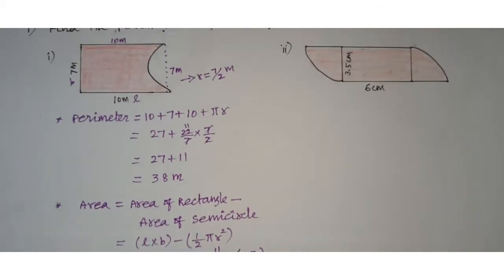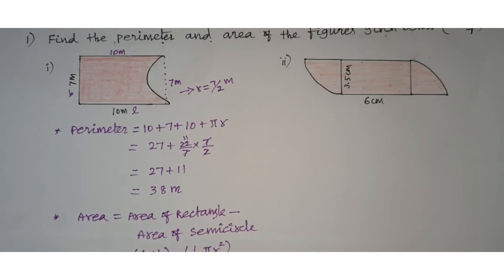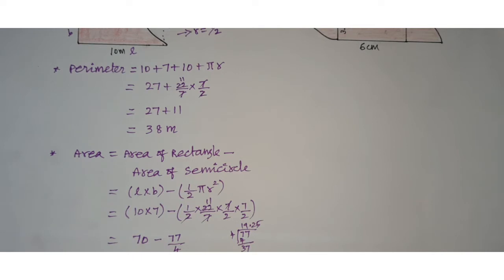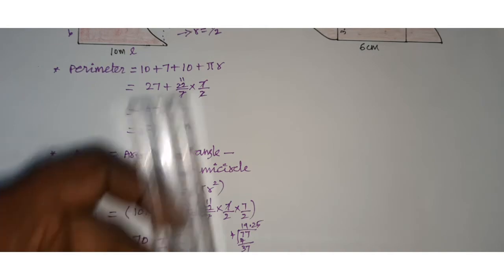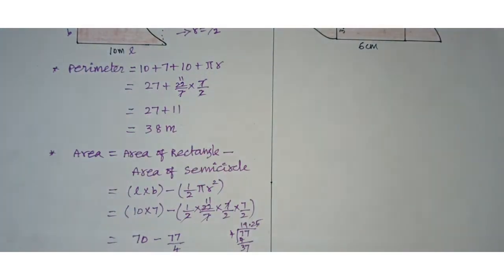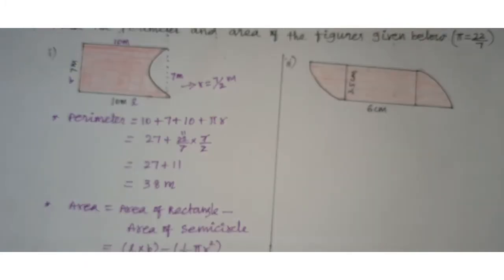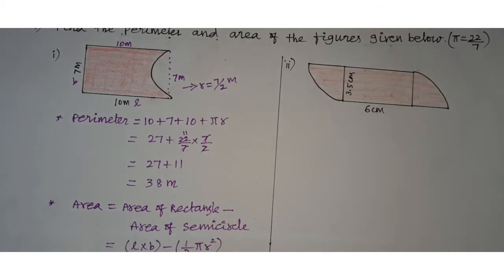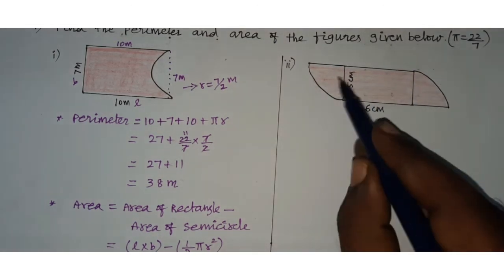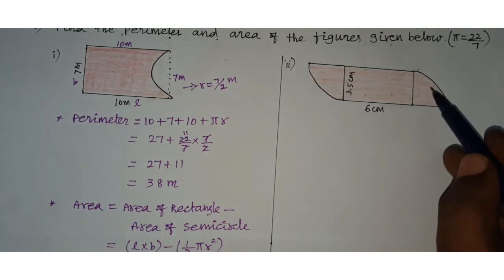Are you clear? So with the given diagram and measurement we have to find the perimeter and area. Okay, so this is the first one. Now we will move to the second sum. The second sum also has a given diagram and we have to find both perimeter and area. So look at this diagram. In this question we have to note down some values. Okay, here a rectangle and 2 quadrants, here and there 2 equal quadrants and 1